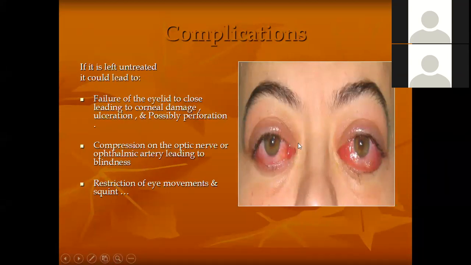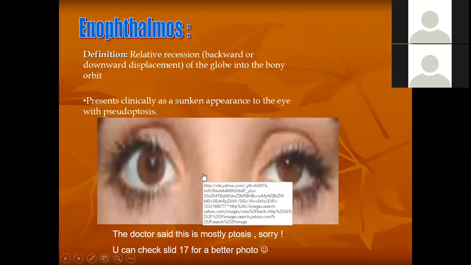What are the complications of proptosis? See, if the eyeball has protruded for a longer period of time, there will be exposure, which will lead to damage to the conjunctiva, congestion, and damage to the cornea. And again, at the back side, there will be compression of the optic nerve, because the optic nerve is a delicate structure. Due to the pressure, it might be compressed, and then there might be restriction of eye movement due to damage to the extraocular muscles. They might be restricted because of chronic proptosis. Okay.